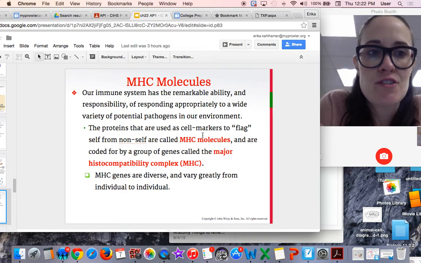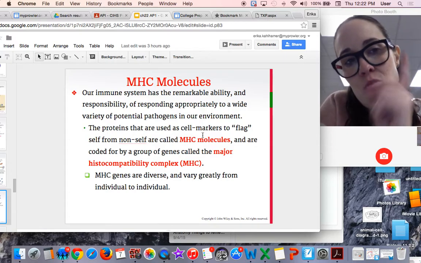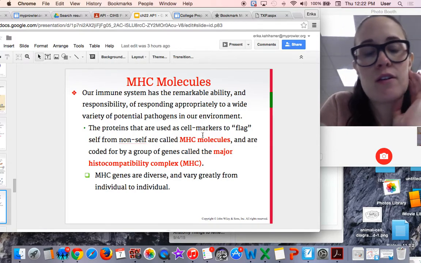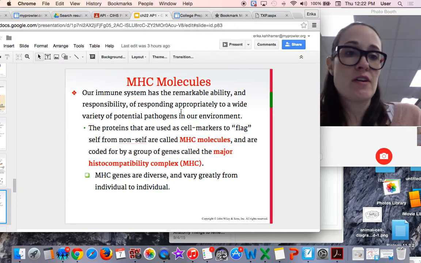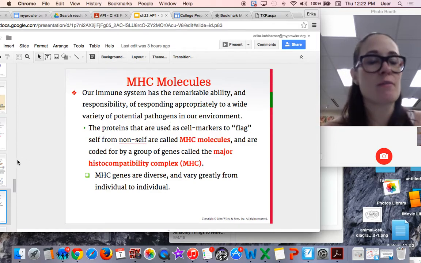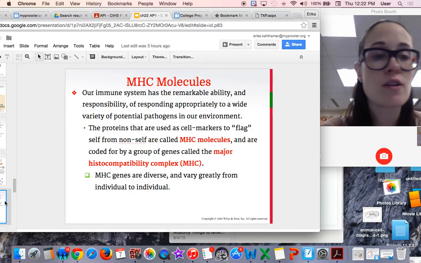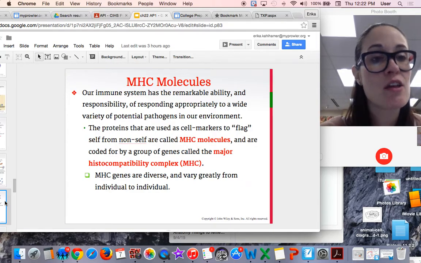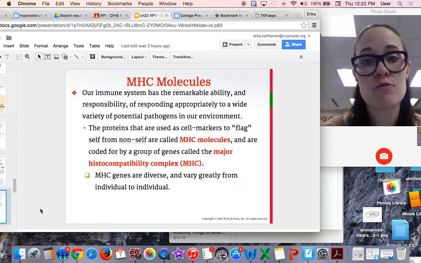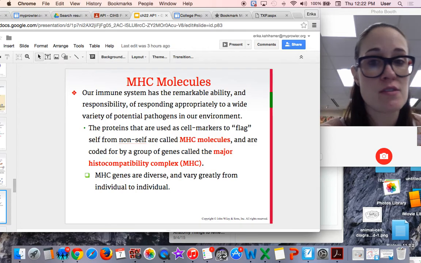And they're called MHC. And there's actually two different classes, MHC1 and MHC2, that are possible on the surface. And they're very diverse. They vary from individual to individual. And in organ transplants, they not only try to match blood type, obviously they match blood type correctly, but they get as close as they can to the same MHC complex molecules on the cell surface,